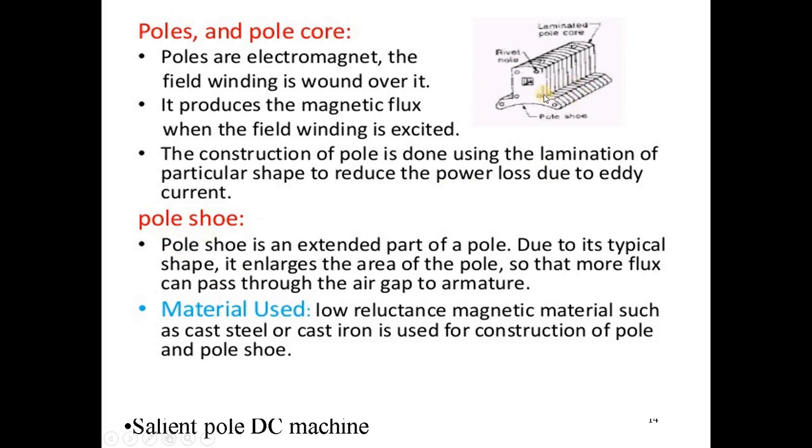Pole shoe. Pole shoe is nothing but this end part of your pole. It is constructed like this. The basic or main function of the pole shoe is to distribute whatever magnetic field is created through whatever air gap is present in our machine, so that the magnetic field throughout should be constant. For that purpose only we use a pole shoe. The material for the pole shoe or magnetic pole is low reluctance material, which has high magnetic flux.